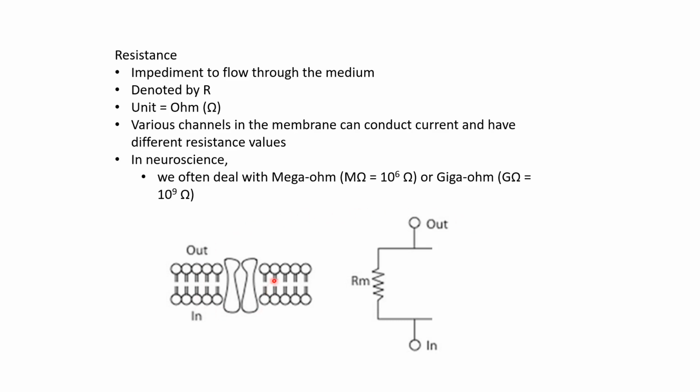So now we can update our representation of the membrane. We are thinking of a piece of a membrane here, and the membrane itself, the lipid part, is impermeable, but there are ion channels that we can represent as a resistor. So now we can put a resistor between these 2 points. We saw that there is already a potential difference between inside and outside, and between those there are resistors, which are basically representing the ion channels.